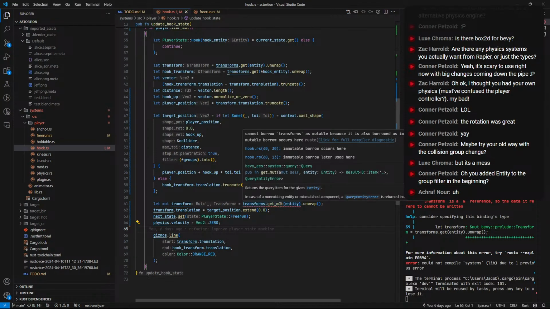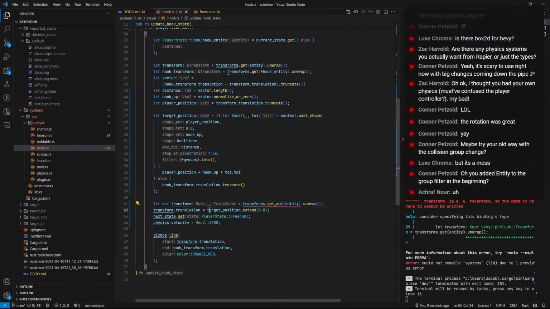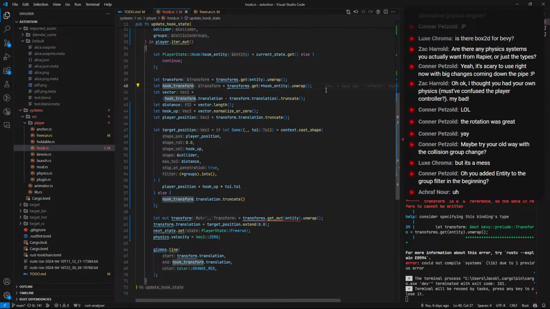Okay, cannot borrow transform as mutable because it's also borrowed as immutable. It is not though. Oh no, it is, because we're using it here. Yeah, so let's just